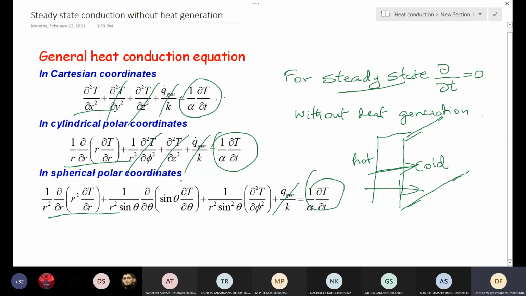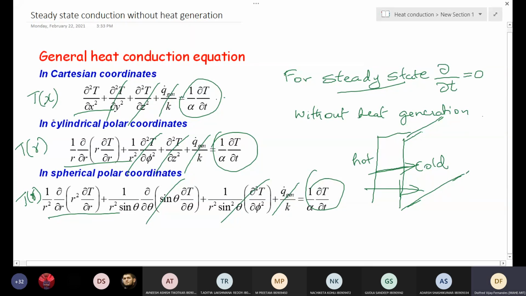So the temperature in the first case, the Cartesian coordinates case, is just a function of which coordinate? Temperature is a function of the x coordinate. Yes, x. And in cylindrical, it is a function of the radial r coordinate. In spherical also, it's a function of the r coordinate. So this is how we can obtain the Gauss equation now.